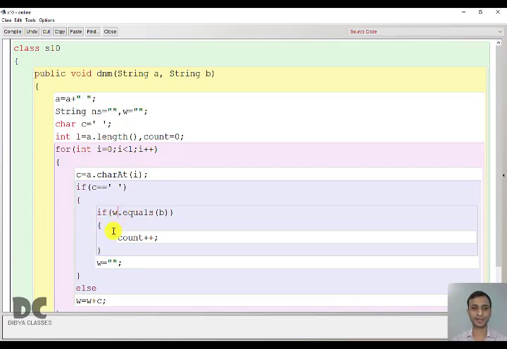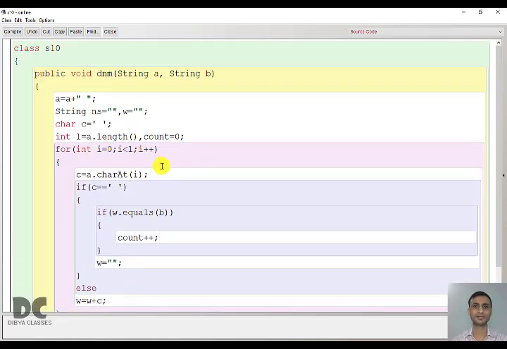We are checking the word extracted in W. If it is equal to the word we are trying to find, how many times it is present, and if it is true, then count plus. Every time it is true, it will count +1, +1, +1. If it is present 0 times, it will remain 0. If it is present 1 time, it will count 1. If 2, 2. If 3, 3. Similarly, it is a very simple program.